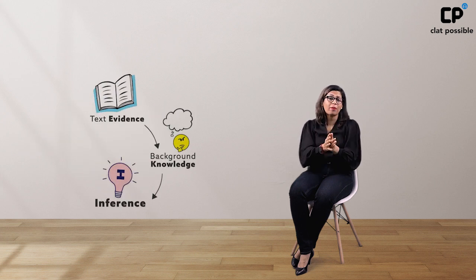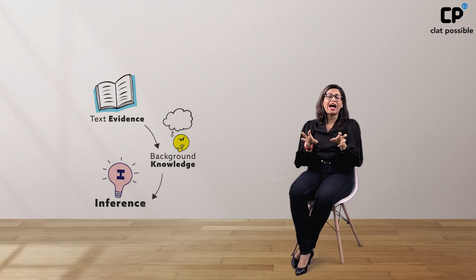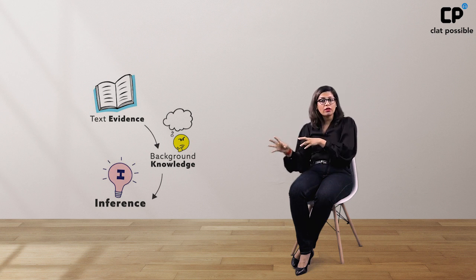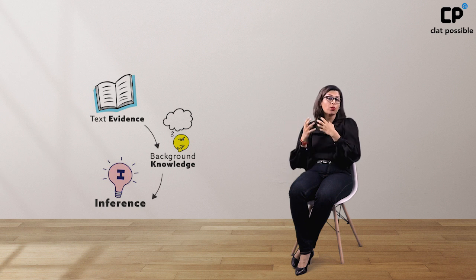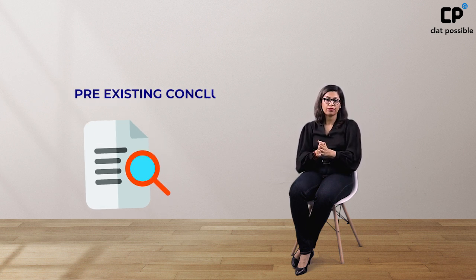It is only in inference questions and some resolving the paradox questions that some phenomenon or situation is described and we need to resolve it or infer the conclusion as a part of the question. But for all the other questions, there is a pre-existing conclusion which needs to be identified. There are two simple steps to identify the conclusion.